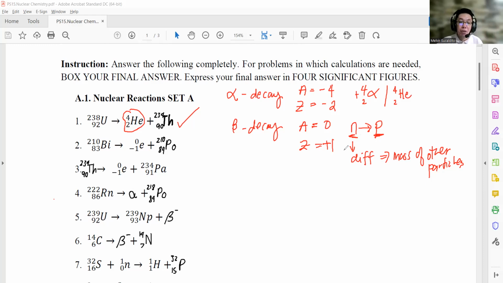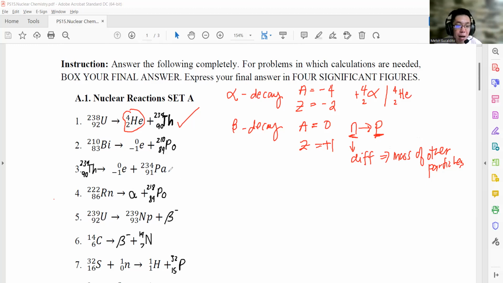So saan galing yung mass ng antineutrino mo? That's the difference between neutron and proton. You can form other particles, and aside from that, energy. So we can account the energy released when you perform beta decay or alpha decay, like magugulo sila, mag-heat up. Yun nga lang, baka minimal din yung mass change dapat. I'm not really sure with this one. Okay, so yan. Next,